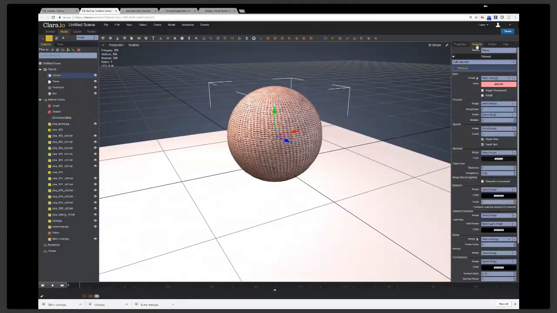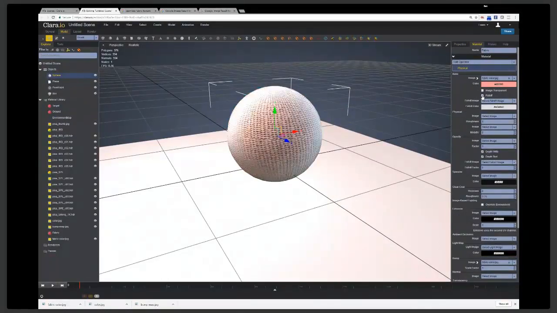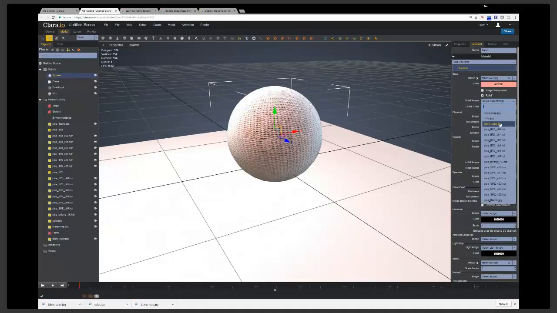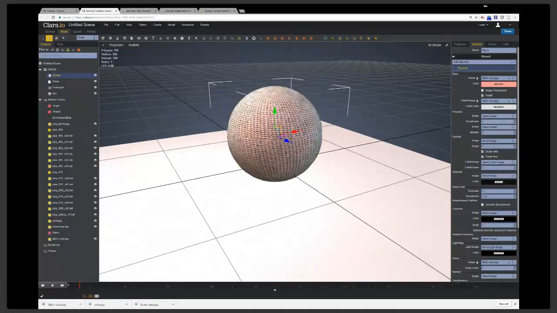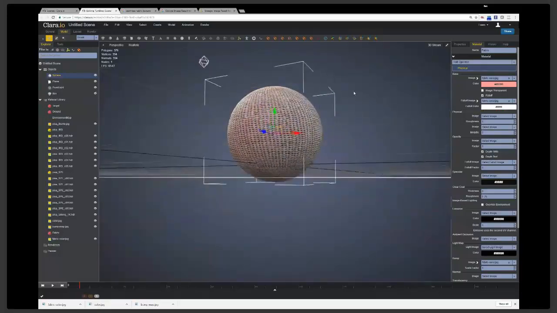The way that you set up the grazing angles is you set up something called falloff. And Clara supports falloff. What falloff is, basically at an oblique angle, we can change a bunch of different parameters. So I'm going to use the same color map, but I'm not going to have it tinted pink. I'm going to have it tinted white. This is a bit extreme,